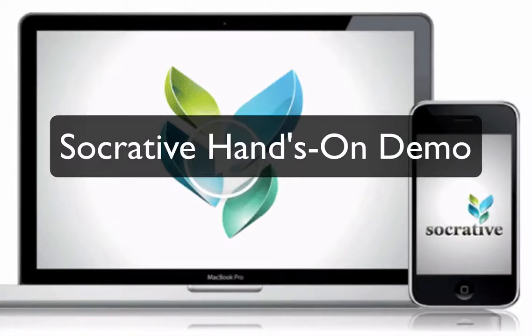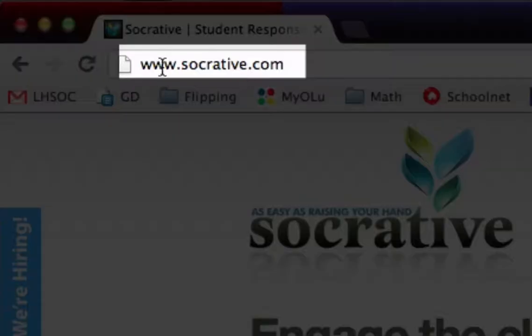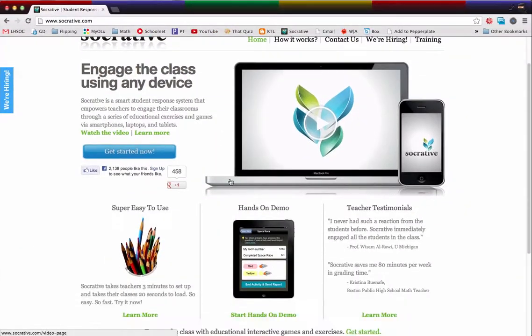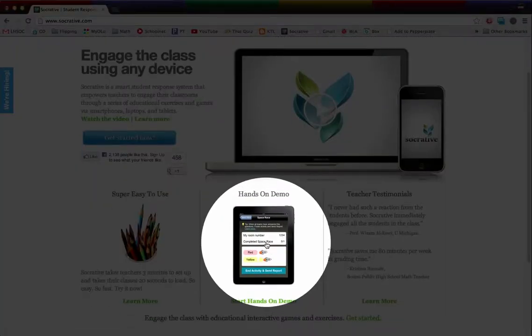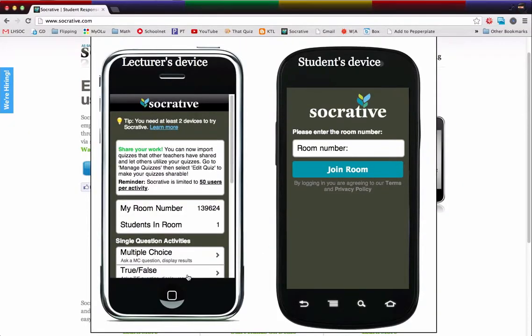All right, we're going to do a short hands-on demo with Socrative here. So the first thing you need to do is go to socrative.com in any web browser. This works on your laptop as well as your iPad or iPhone or iPod Touch. Then you want to go down to hands-on demo so we can see how this thing works. This opens up a teacher's device as well as a student's device, so you can see how the teacher's device